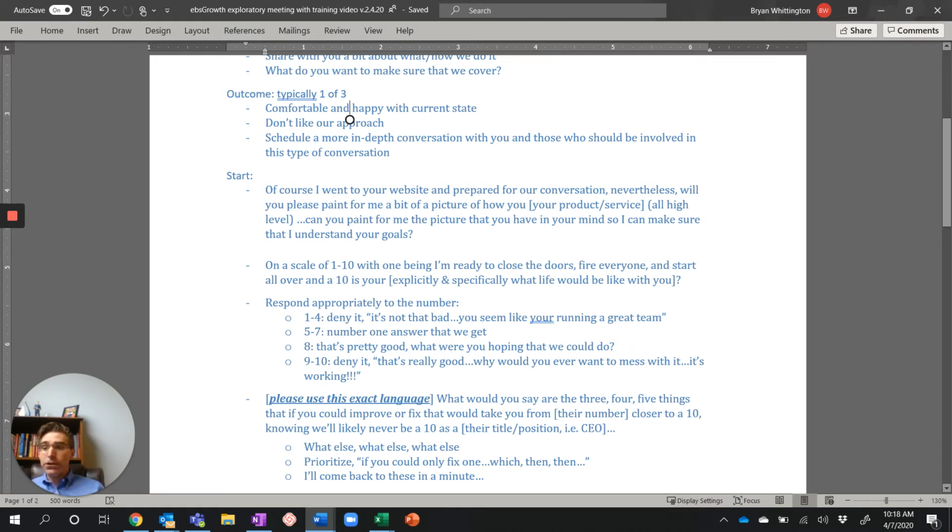Once you get that explanation, then we want to use this exact language. Hey, what are the 3, 4, maybe 5 things that if you could correct right now, or improve upon, would have the biggest impact on blank, blank, blank? So get that from them, and then simply ask what else, and what else, until they say, I think that's really it. And it's key here to say what else, not anything else, because if you say what else, they'll tend to elaborate more. If you say anything else,